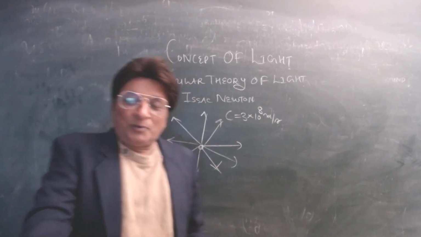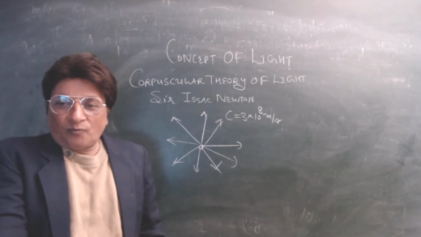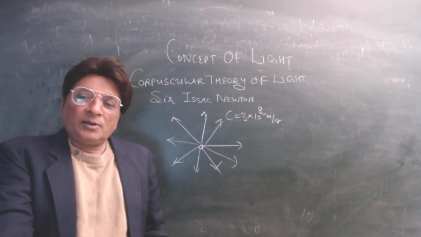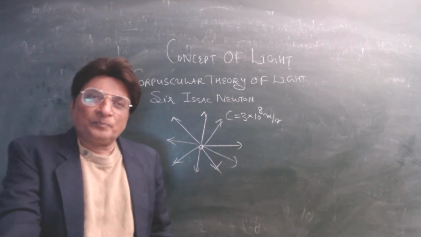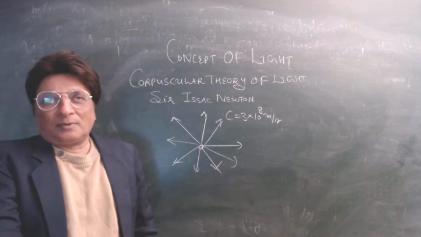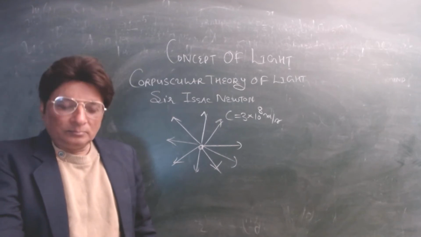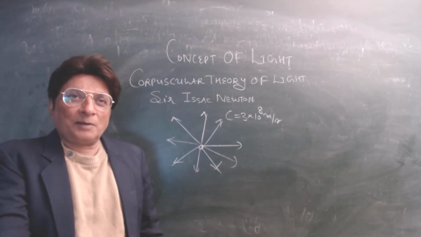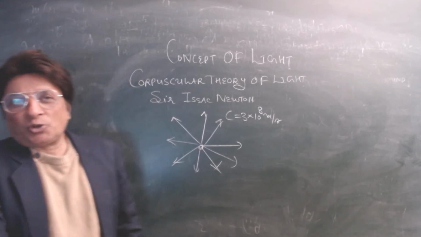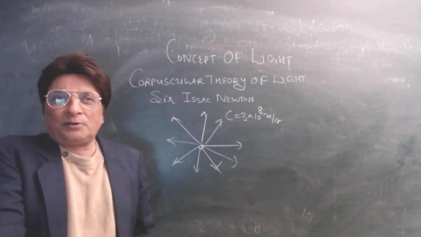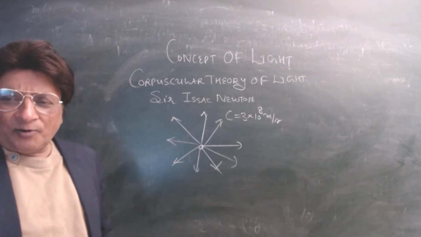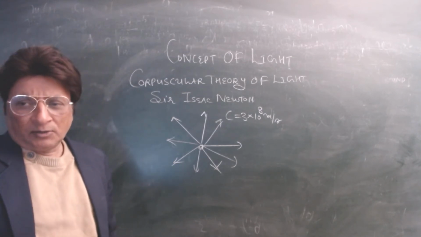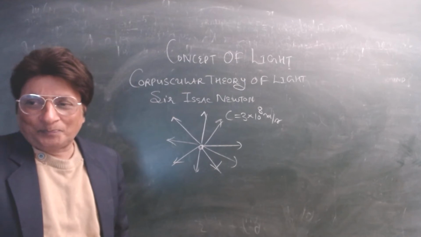Some of the students put a question to me: sir, who determined the speed of light? Well, the speed of light was experimentally first measured by Michelson using the octagonal mirror method. It was an octagonal mirror method. One day I will definitely explain this. Let it be in the pending section, because we will deviate from the corpuscular theory, right?